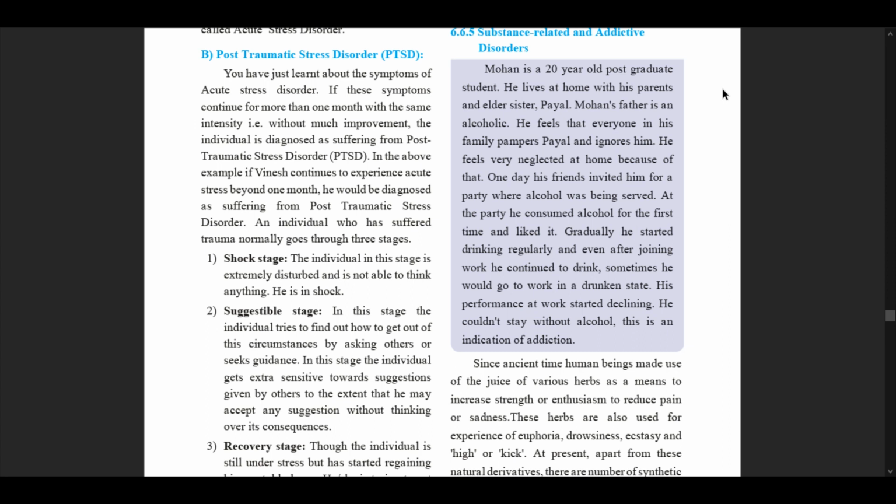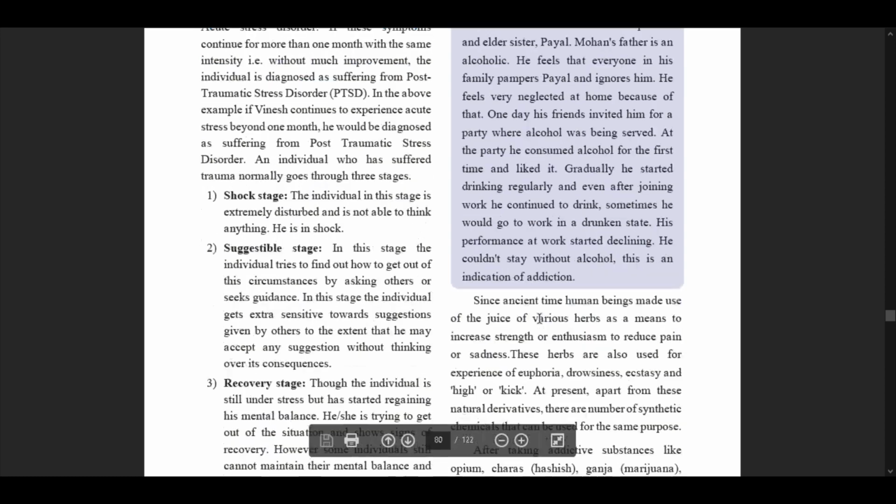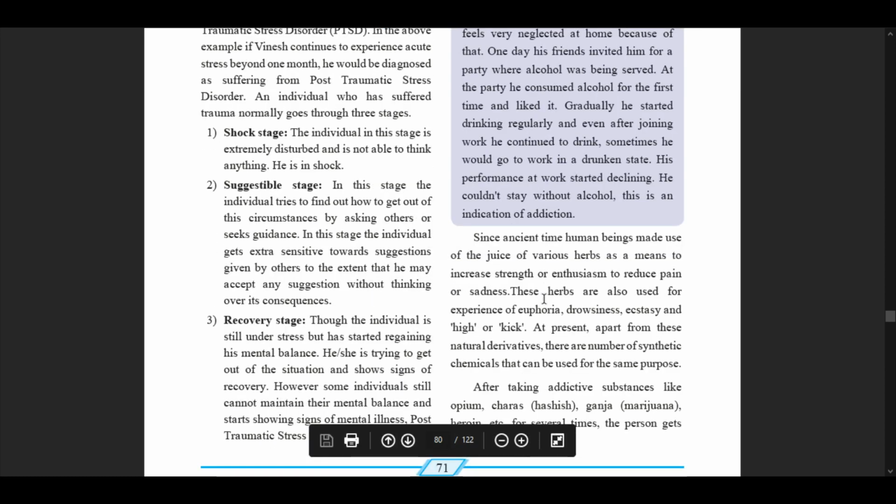Sometimes he would go to work in a drunken state. His performance at work started declining. He couldn't stay without alcohol. This is an indication of addiction, a severe indication of your progressive addiction towards a simple habit that would cover